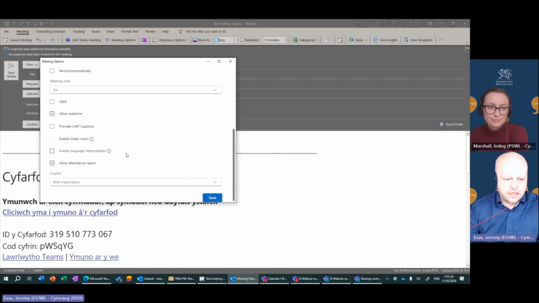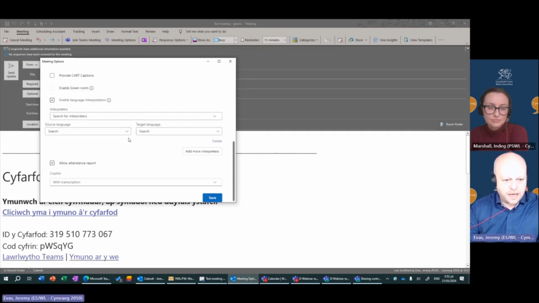And all we need to do here is click on Enable Language Interpretation. You can toggle that on and off. And in these boxes, we have the pairs of languages you want to work with. In our case, mostly in Wales, the language pair is Welsh to English. So let's have a look. We'll go Welsh there, find it from the drop down to English. And that's the language pair sorted. Equally, English to Welsh would be a language pair, French to Welsh, French to Spanish, Russian to Chinese would be a language pair. And you can have a maximum of 16 language pairs in any one meeting.